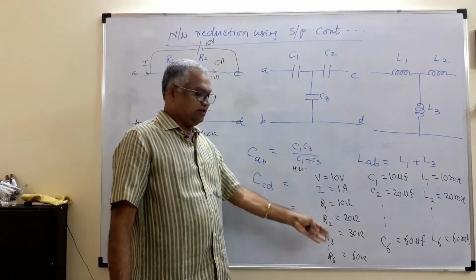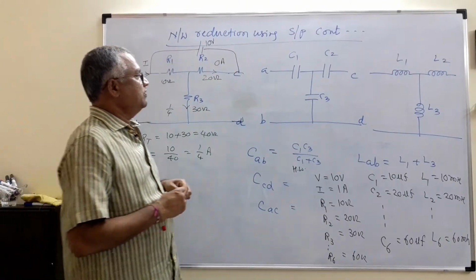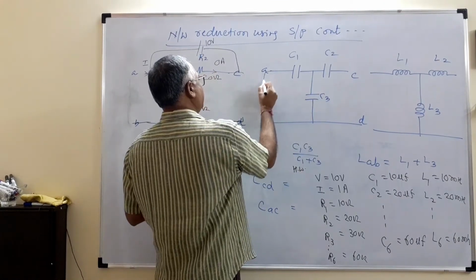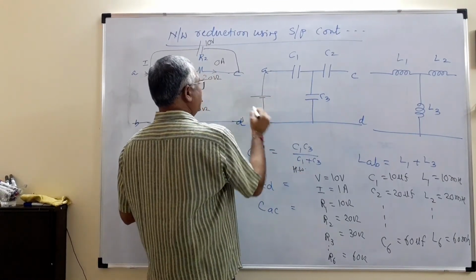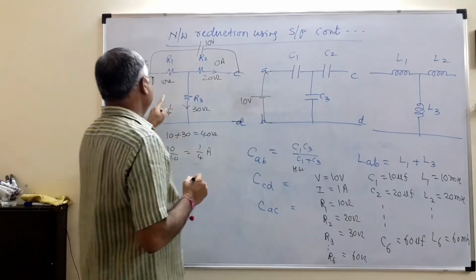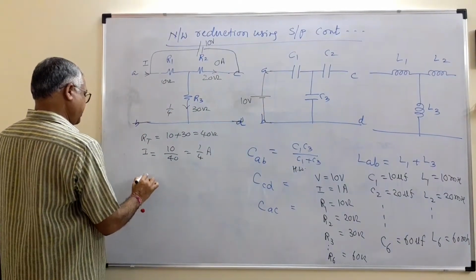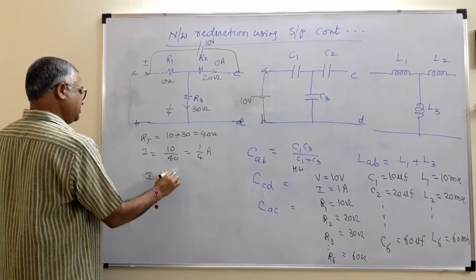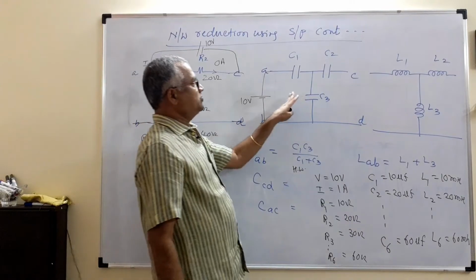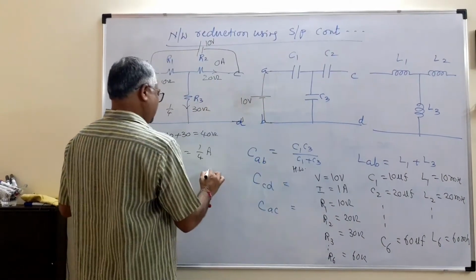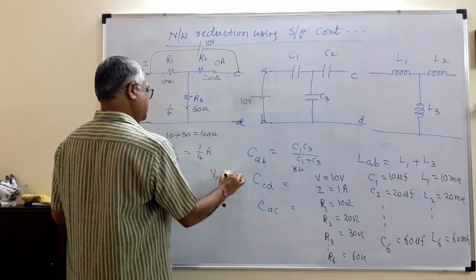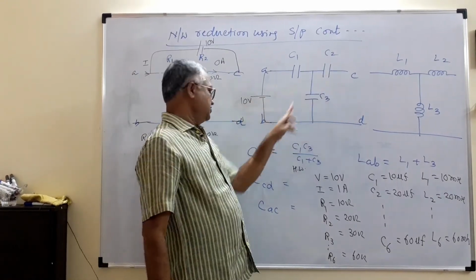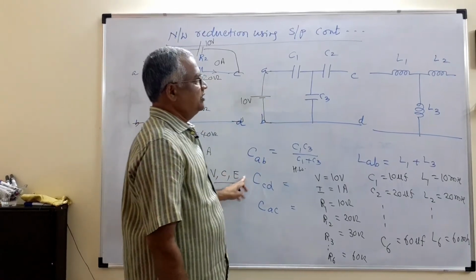That is the assignment. The next one is take the capacitive network, again apply a voltage source of 10 volts. Here we have analyzed current, voltage and power, whereas for a capacitive network analyze voltage, then charge and energy. Find out voltage here, voltage here, voltage here, charge and energy.